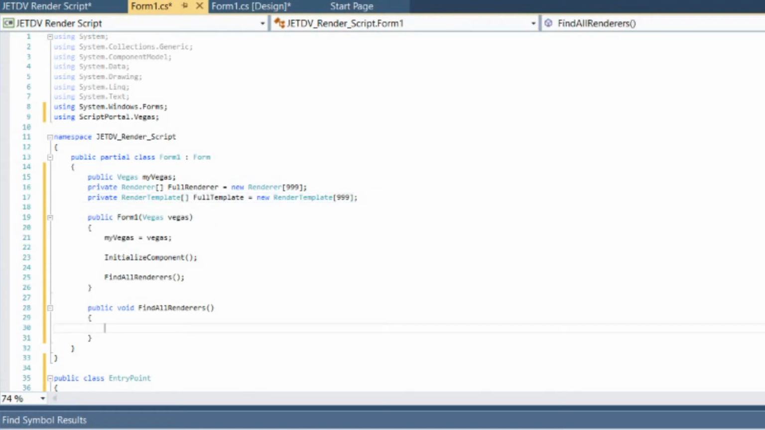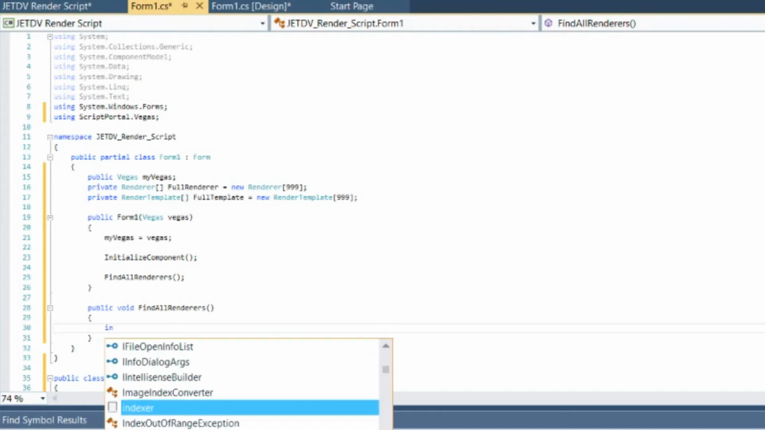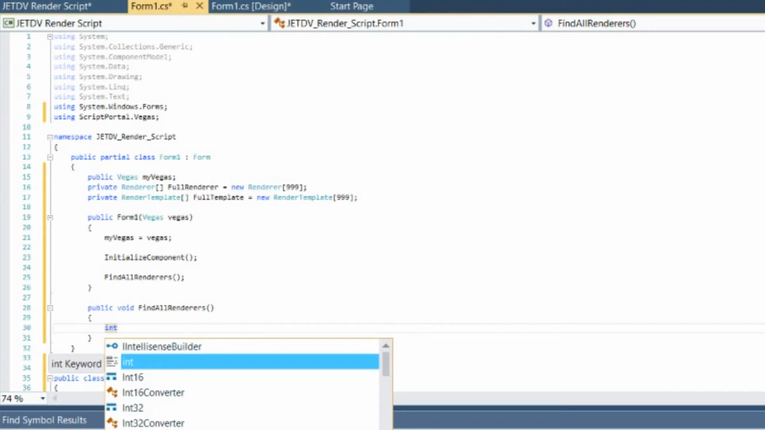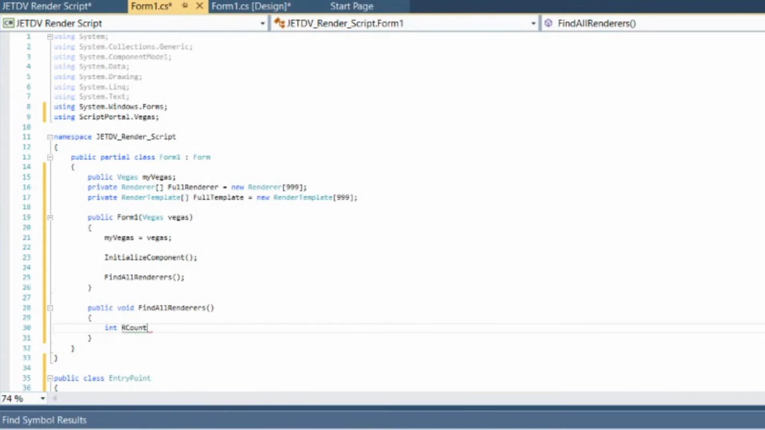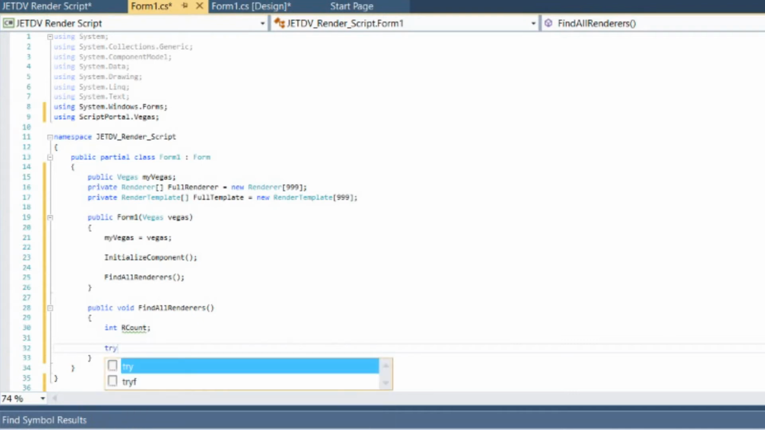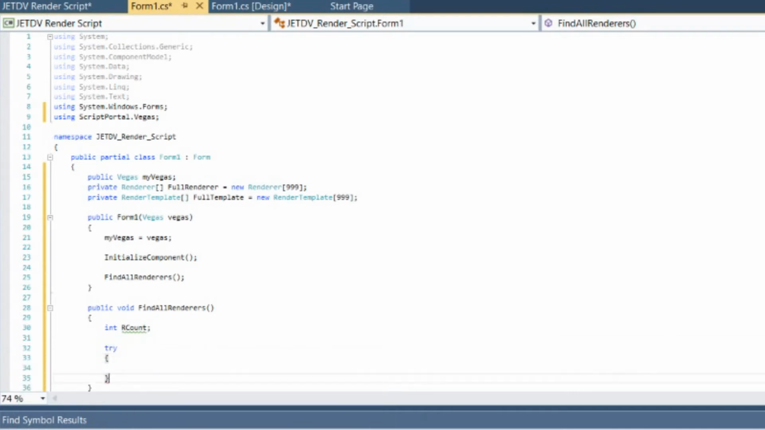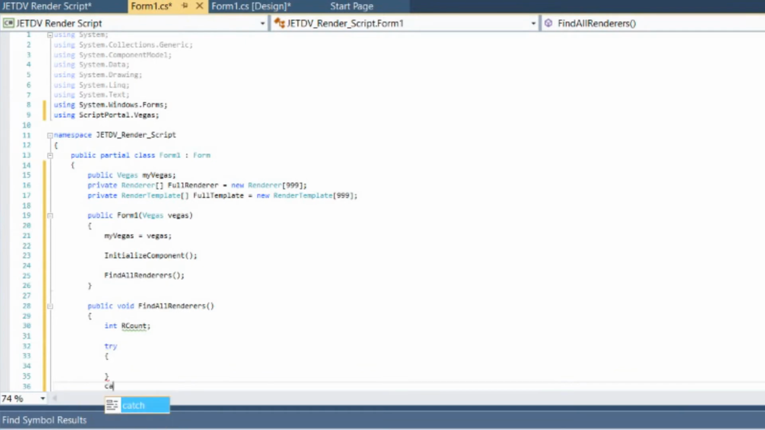Okay, so now let's start filling in all the information. First of all, I'm going to create an integer so I know how many I found so far. Let's just call that rCount. Because there could be some issues with renders that may or may not work correctly, I'm going to go ahead and put some error catching in here. So let's do a try, and then if there's an error, then we'll do a catch,